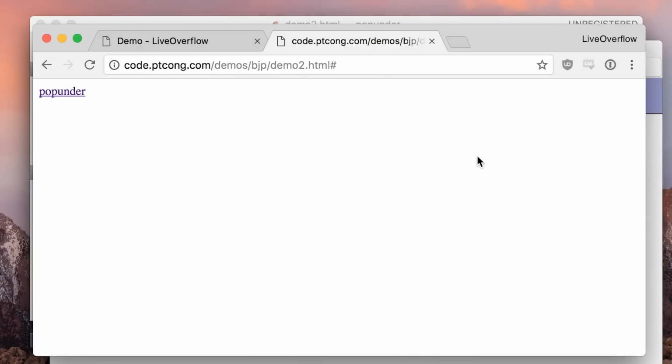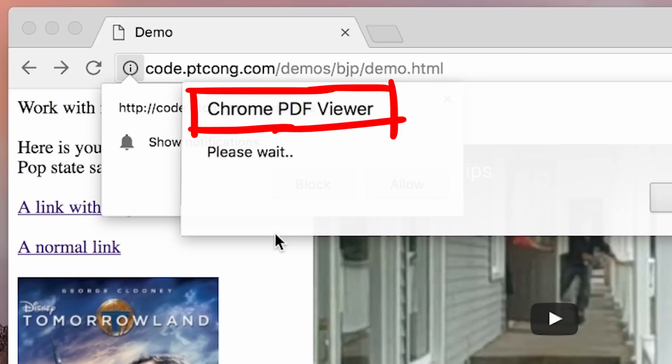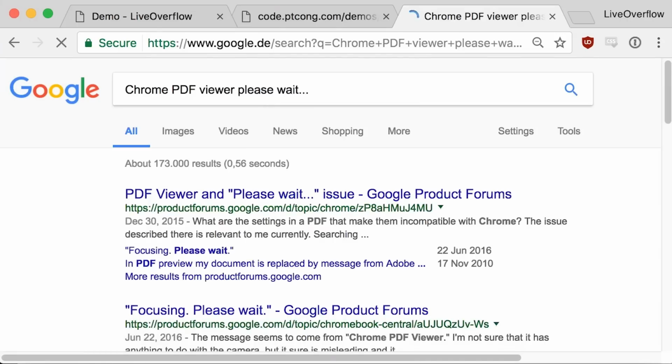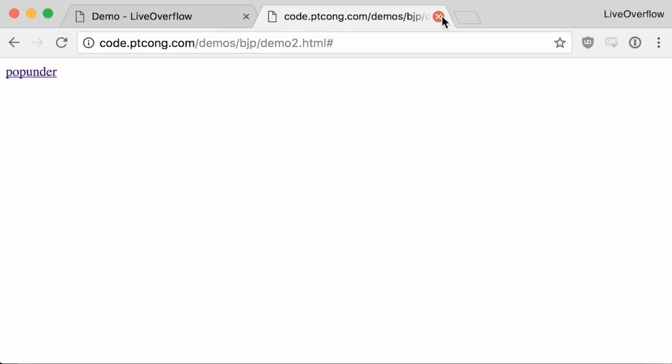So last question is, how do they now remove the alert box automatically? It looks like the alert is triggered from the PDF viewer. It said please wait, so I assume maybe it happens if you load a huge PDF or so. I did some tests, but it didn't work out. I also couldn't find useful information about the waiting dialog online, so I decided to take a step back and